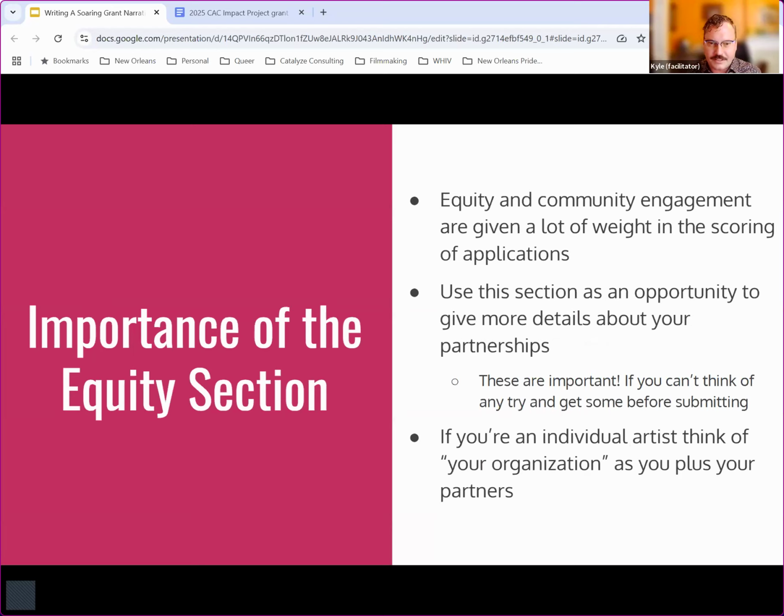A little bit about the equity section. I think I might have said a chunk of this while we were going through these, so I'll just highlight the ones that I haven't already talked about. But equity and community engagement are both given a lot of weight in the scoring of applications. So this is really one point: do not skip on this. If you are feeling like, oh, I have to do a stretch to really make my project feel like it's around community engagement and all of this, well, maybe try to lens your work a little bit. Talk to our friends, as somebody who knows your work well, and ask them how they think your project applies in these areas around equity and community engagement.